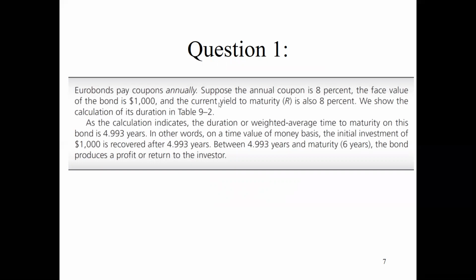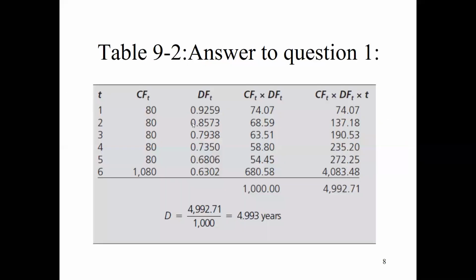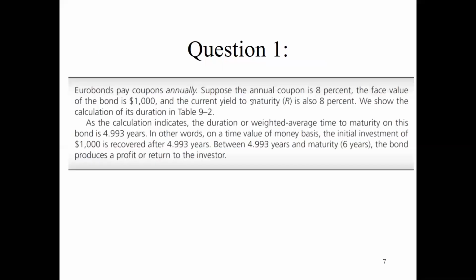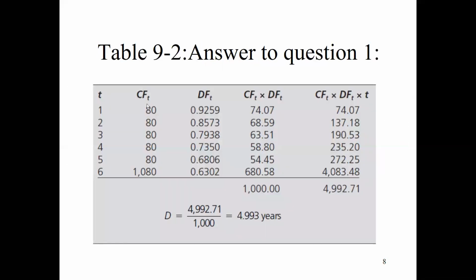So before coming to the calculation, the bond value is calculated as follows: if the YTM and the coupon rate are equal, then the bond value is equal to the face value. This is the rule and relationship we know from our previous classes. Here with the question, we said 8%. Here, this $80 is the coupon payment. How we get it is 0.08, the coupon rate, times $1,000. That gives you the coupon payment.